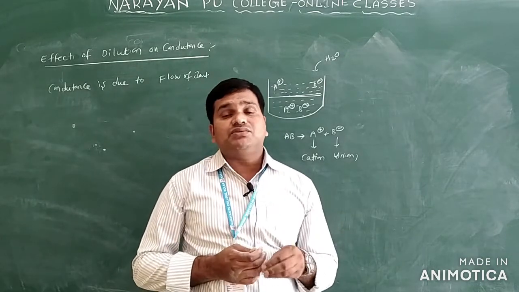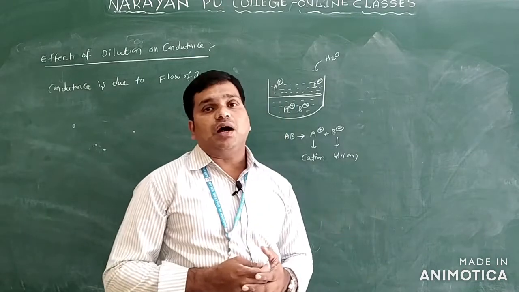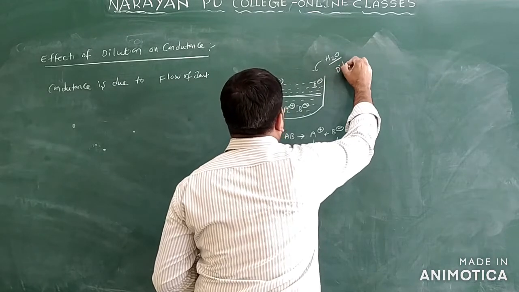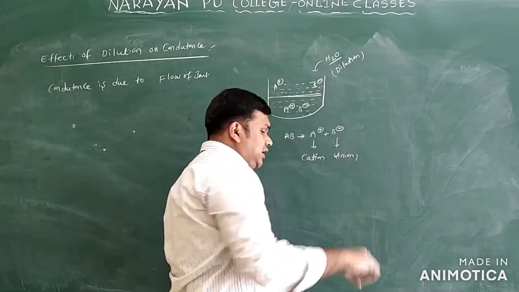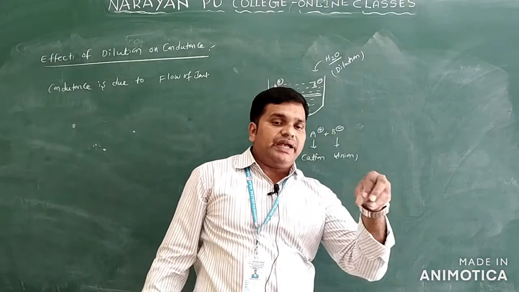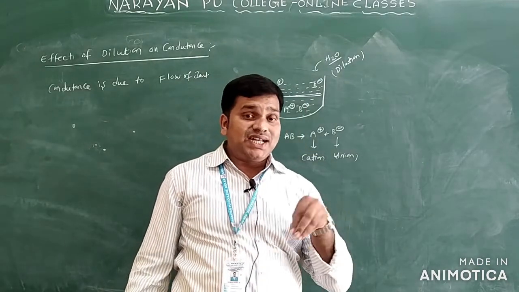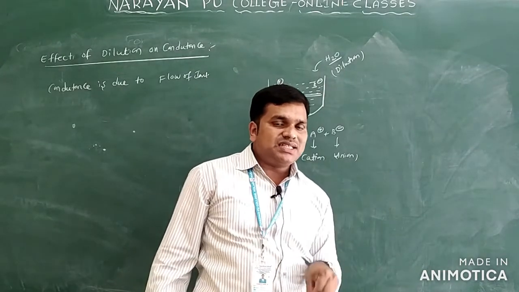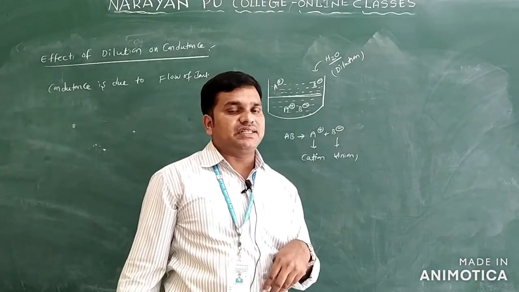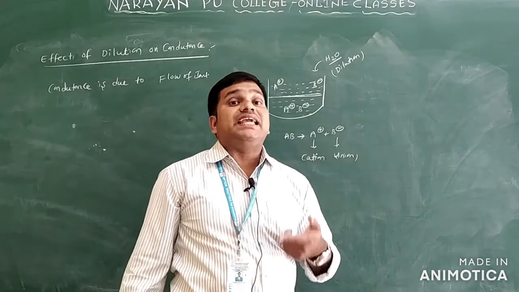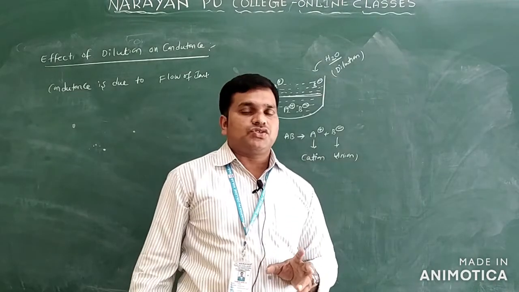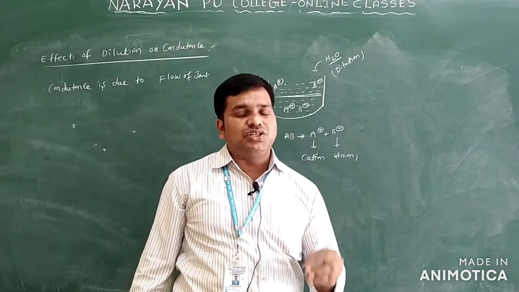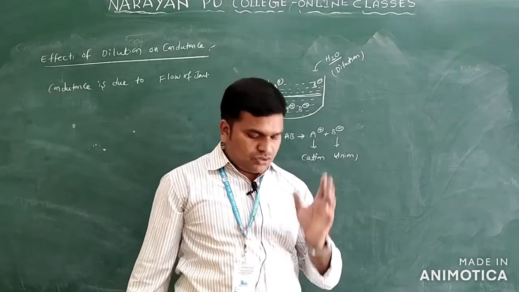The conductance of the solution increases upon dilution only. Upon dilution means what? Adding of the water. What is the concept we are calling here? Upon dilution only. So dilution in the sense we are adding water only. If you are adding water to the solution, then what happens? Concentration decreases. Upon dilution, concentration decreases only, volume increases, conductance increases only. So what point can you understand from this concept? Upon dilution, the conductance of an electrolytic solution increases only. Okay, so we'll see some of the points only.